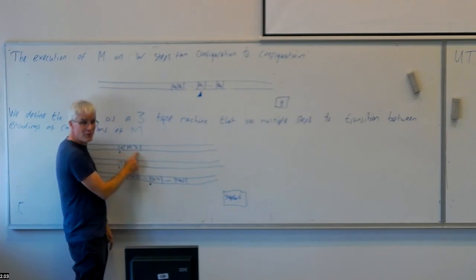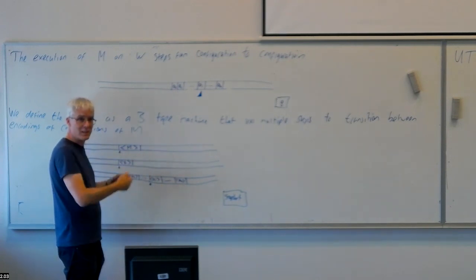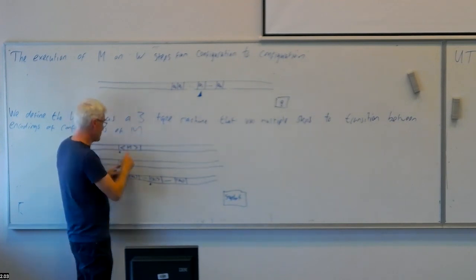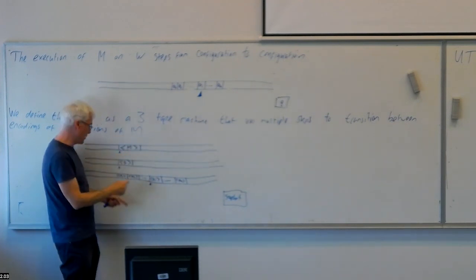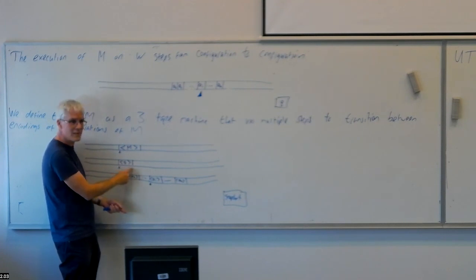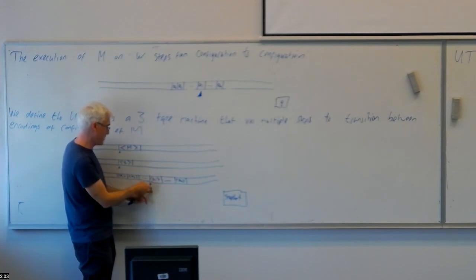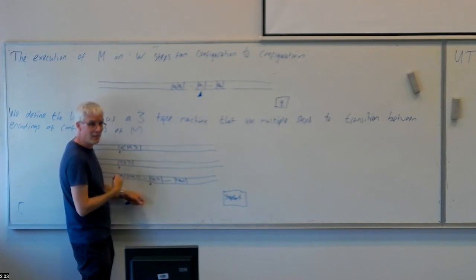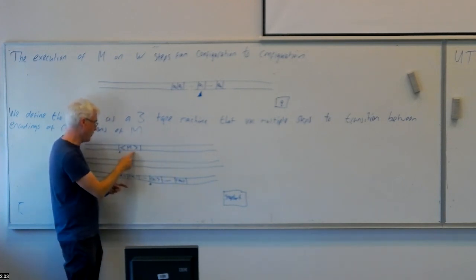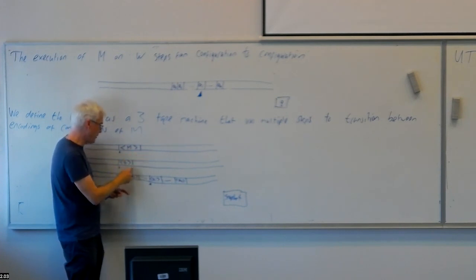You scan through the encoding of the Turing machine until you get to the transition function. Remember, the transition function was encoded as these square bracket things. You start looking at each instruction, and each time you get to a new instruction, you have a look at the state part and see if it matches where you are in Q. And you have a look at the character part and see if it matches where you are here, A_i. If it does, you then know we need to change things, and you read off from the transition function what the next Q is, you overwrite it, you read off what the next A_i is, you overwrite it,